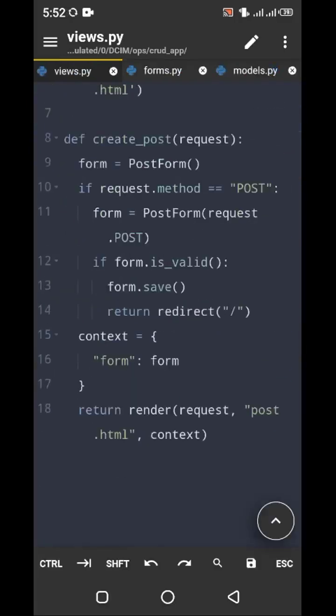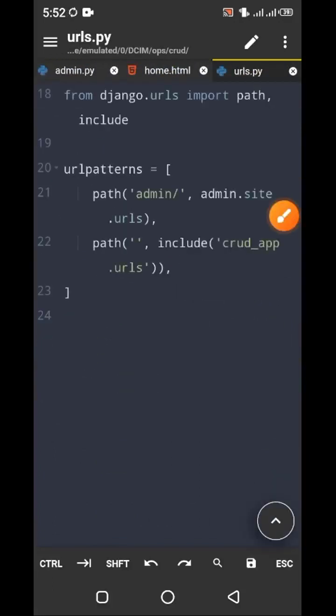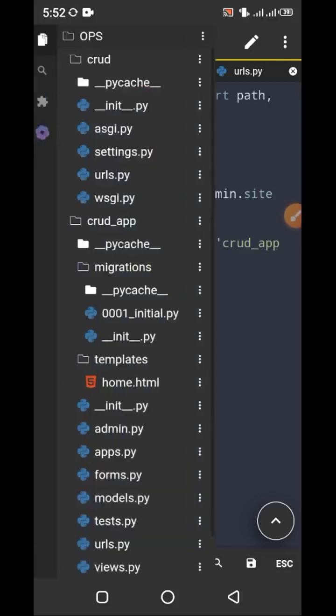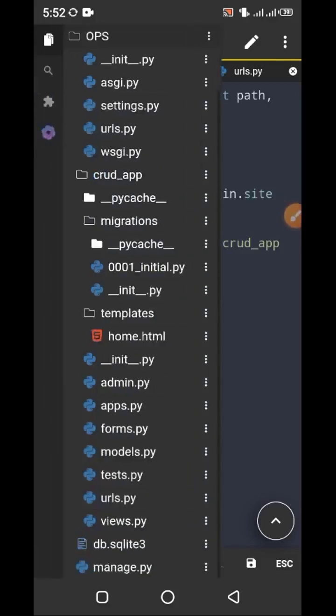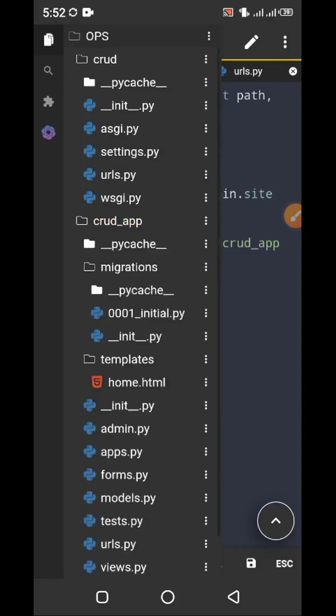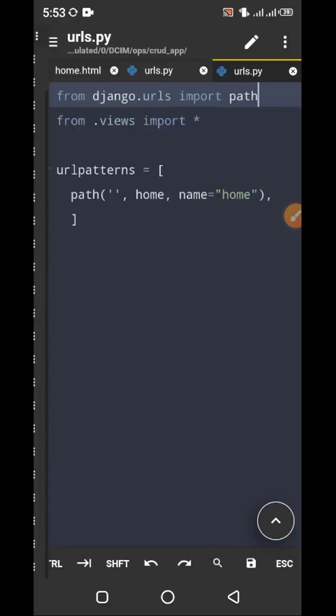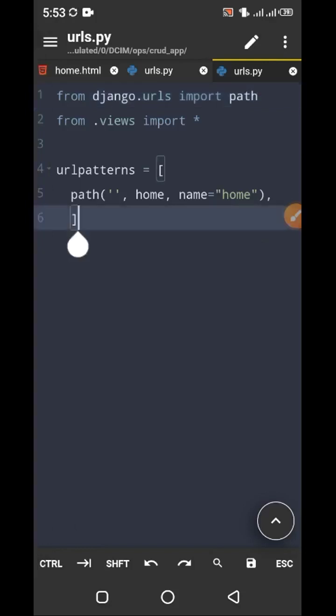So now we should route it to a URL. Let's go to urls.py right here. We should go to the urls.py of our application, of our app, right? This is our CRUD app, so inside the CRUD app we should go to urls.py. Now I have urls.py right there. So inside here